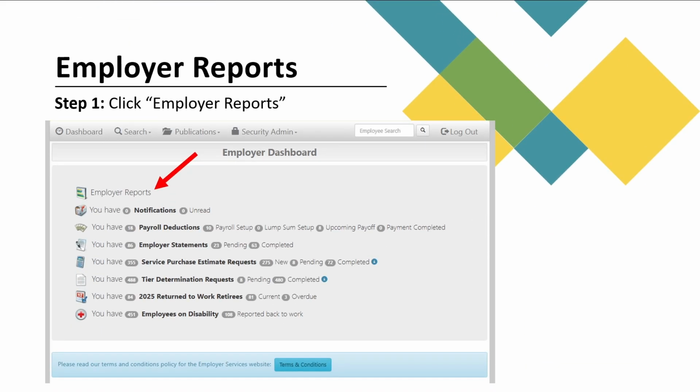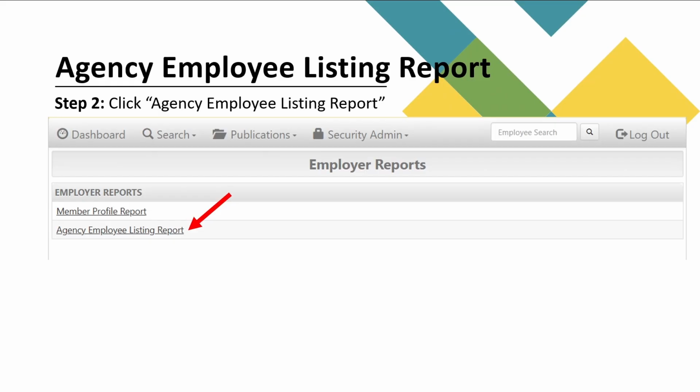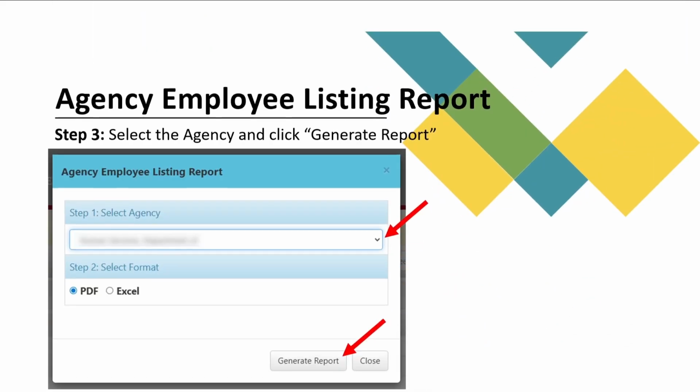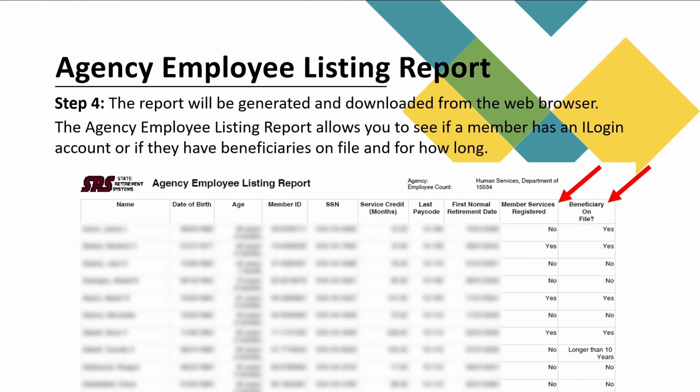If you go back to that employer's reports and you click on the agency employee listing report, you can click the agency itself, whatever agency you're employed with, hit generate report, and this will give you a listing of all of your employees